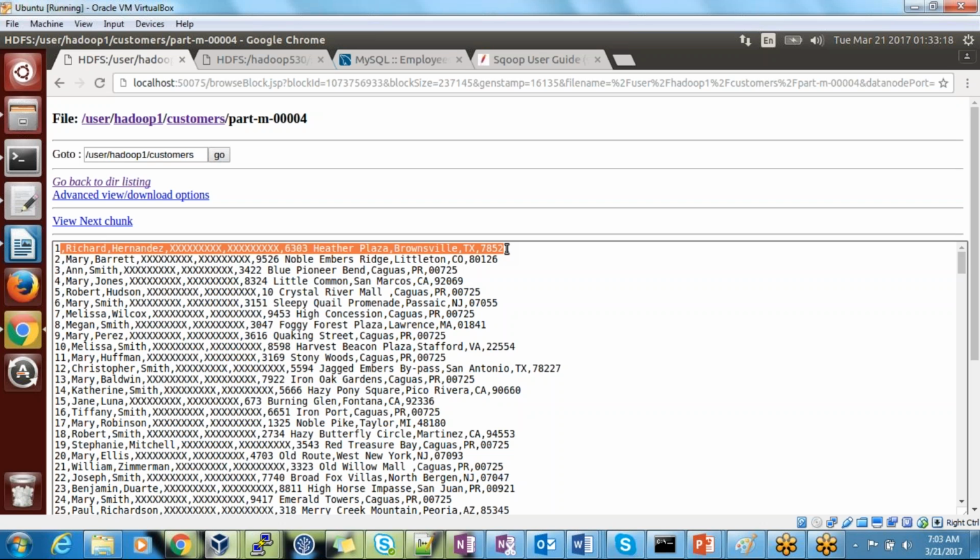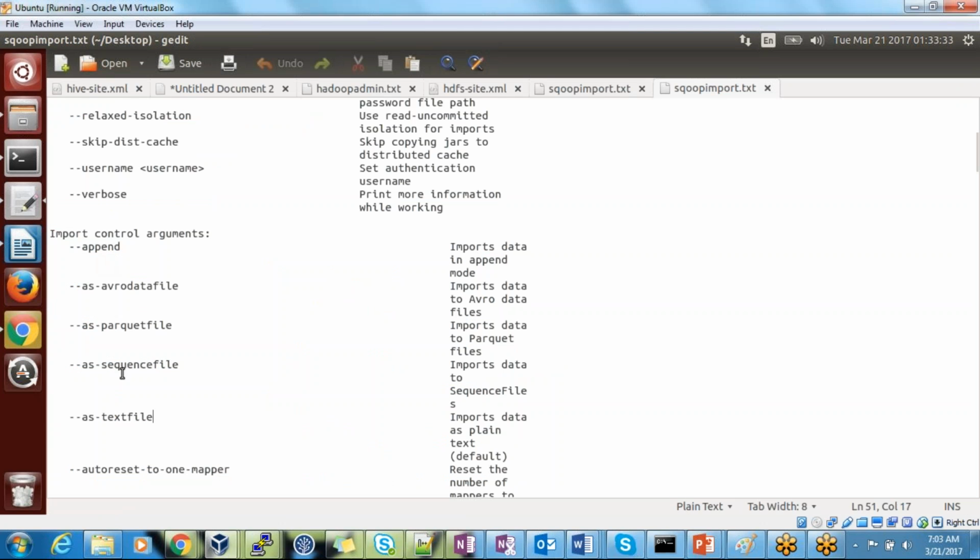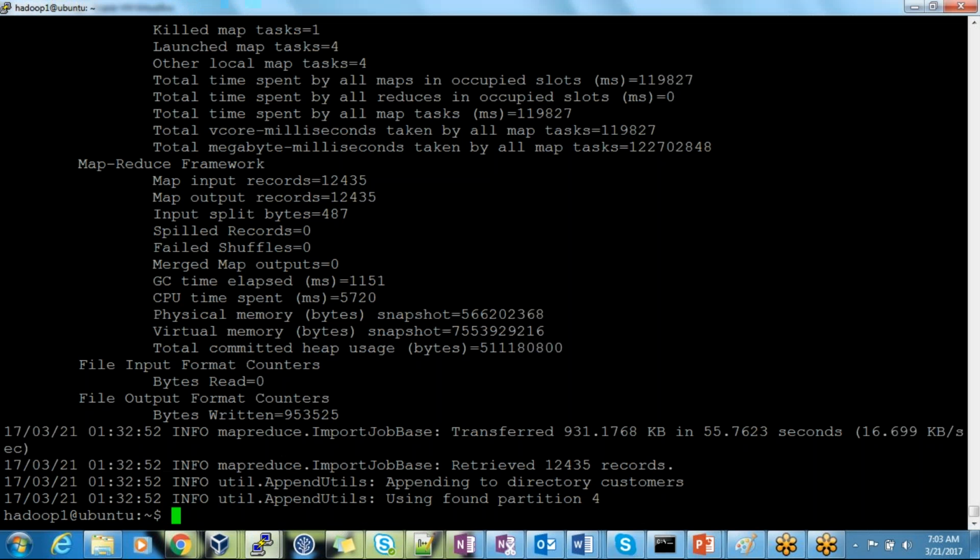The data is comma separated. Whatever data was there in the table, when it comes to HDFS, by default it's comma separated. You can change the delimiter. Now let's go back to our options. By default, it will store as a text file. If you want to store as an Avro file, or a Parquet file, or a sequence file, you can do it by specifying